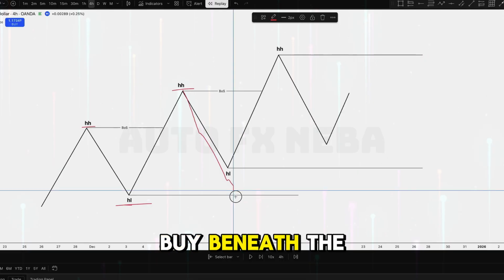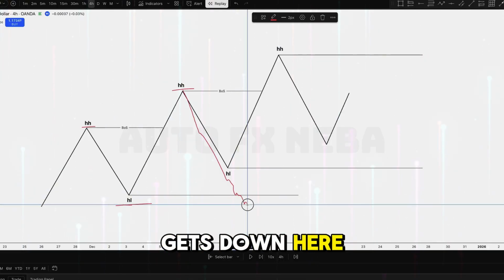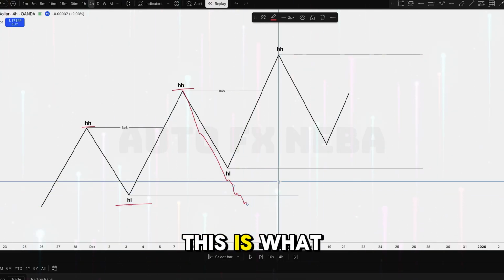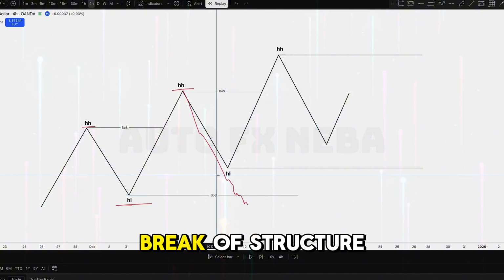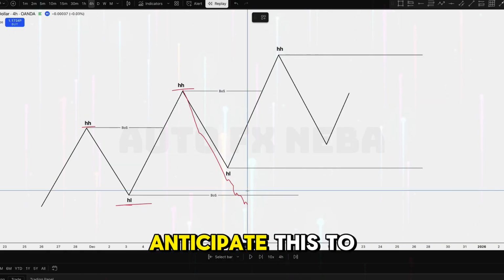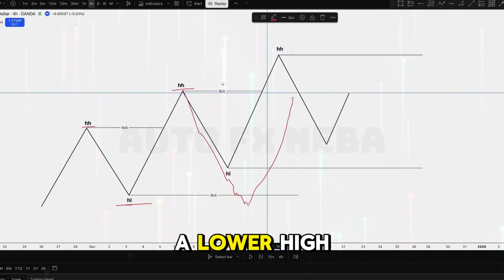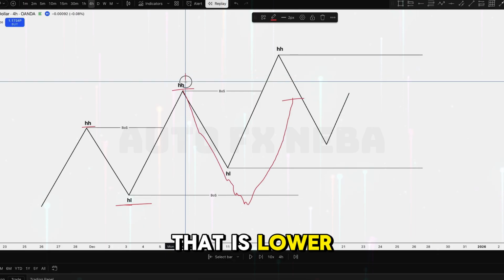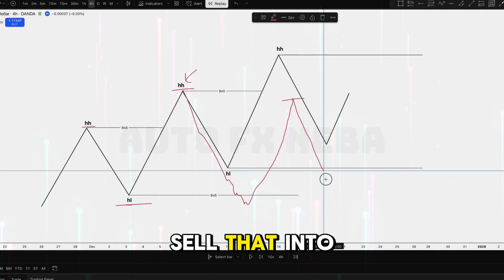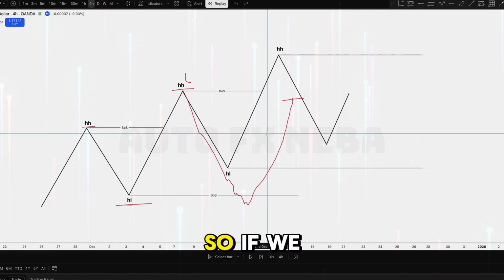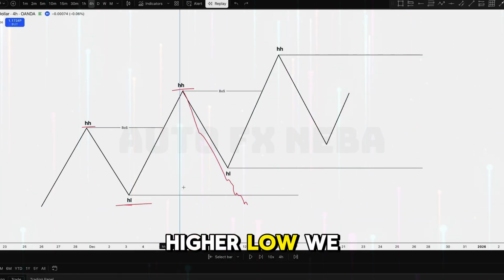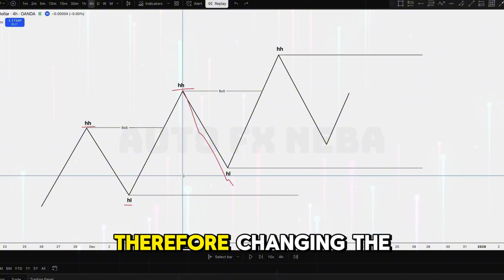If we buy beneath the higher low, if the market gets down here, then this is actually a bearish market. This is what indicates reversal. And what we would actually have here is a BOS, break of structure, to the downside. We would then anticipate this to be followed by a lower high, so a high that is lower than this one. And then we would want to sell that into a downward move, which would basically indicate the start of a downtrend. All right. So if we break through a higher low, we immediately print a lower low, therefore changing